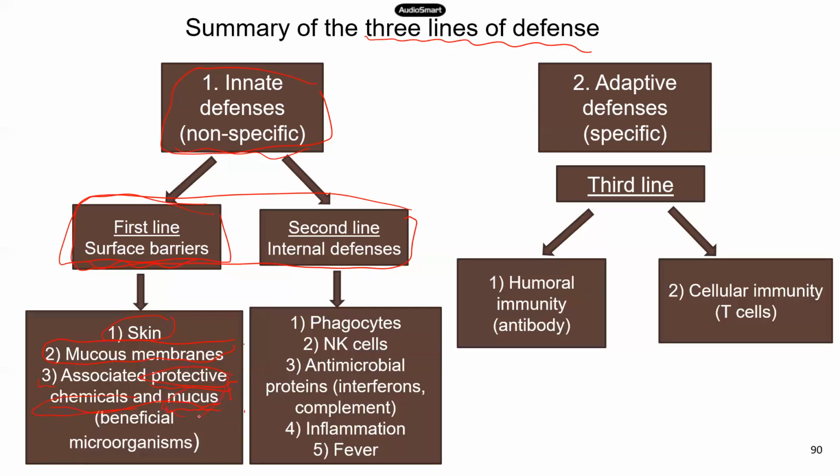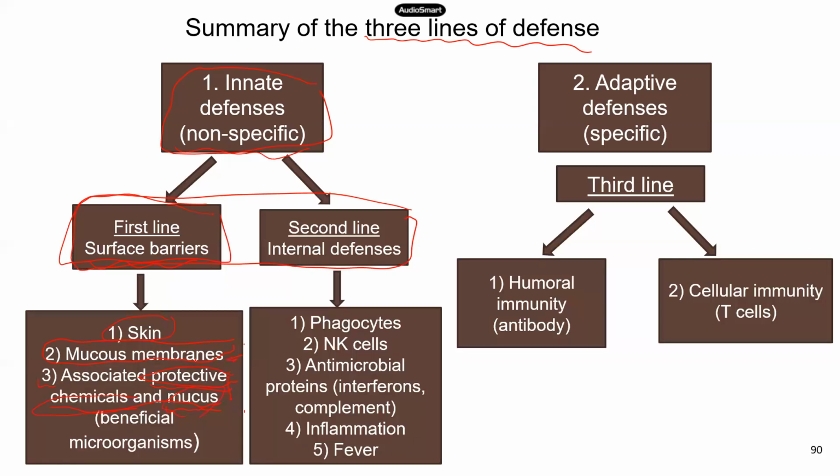Okay, so that's another very good protection mechanism associated with the mucous membrane. And these are all part of the first line of defense. So again, remember, the first line of defense is surface barriers. It could be on the body surface on the outside, or it could be on the inner surface, but they form that physical barrier. Now, that physical barrier may have associated chemicals, which are also part of the first line of